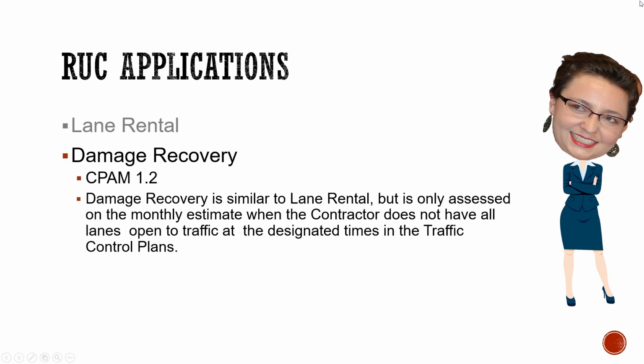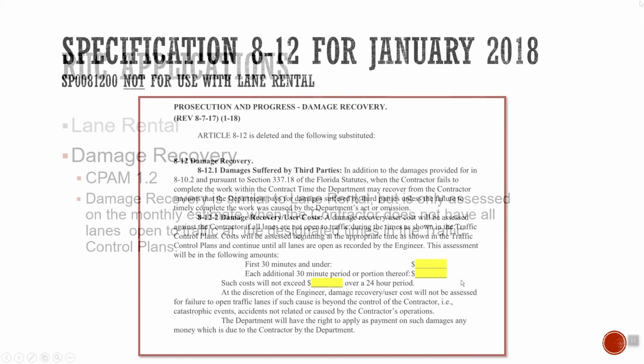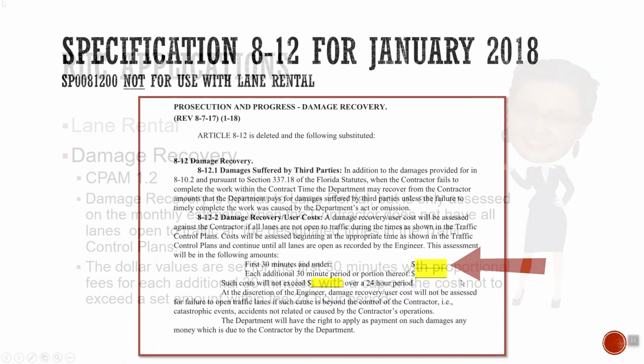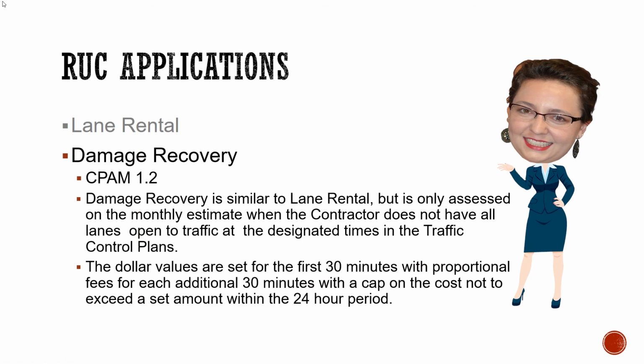very similar to lane rental, but instead of being for the overall contract, it's for the traffic control plans and typically an amount of time that they're supposed to have lanes open for. For instance, if your plans say you have to have lanes open at 8 o'clock, and you don't open them up until 8:30, you're going to be charged 30 minutes of time to the traveling public based on the cost that's in the specification. Again, CPAM 1.2 covers damage recovery as well,